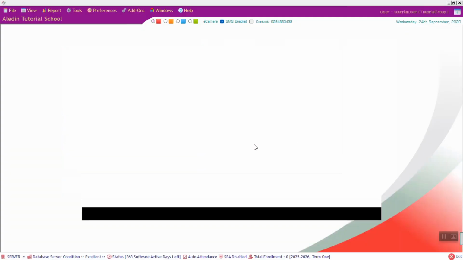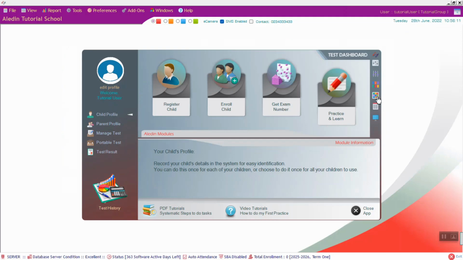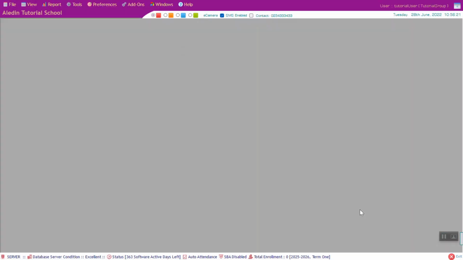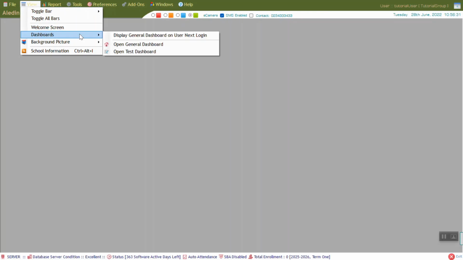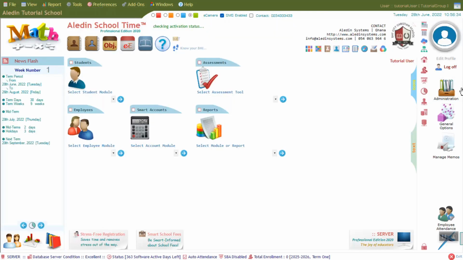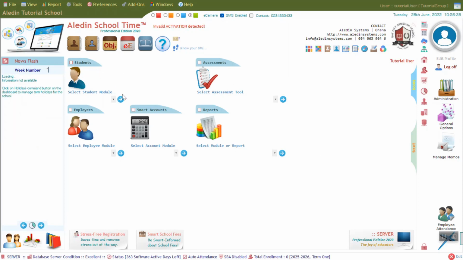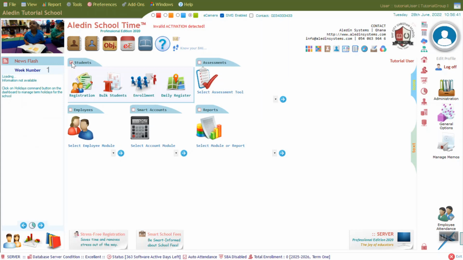Okay, and here we are with tutorial user, you see, and then the bracket, what's in the bracket is the group. Okay, all right, so that is it. We can change the themes if you like, you see, and you can also bring the dashboard. Okay, yeah, so this is the dashboard. The dashboard here is different. When you click here, you see it has changed. When you click this, it has changed. When you click that,